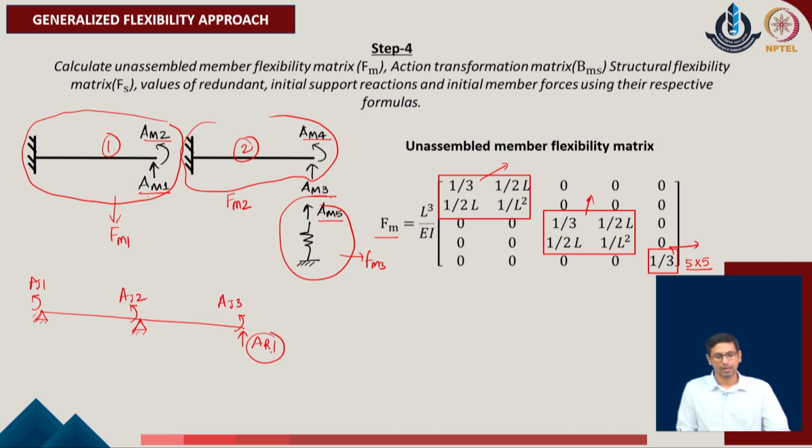So, the idea is that as the deformation of the given system is primarily contributed by the redundant value which is unknown for the given system, and the forces which are active in the direction of the joints which are free to take place, with respect to all these set of forces or the structural force system, we will try to calculate the contributions of the member forces. That connects us to say that the A of m, containing all the 5 values A m 1 to A m 5, can be described in terms of the A of s or the structural load system of the given problem, and that is connected by the B of m s or the action transformation matrix of the given system.